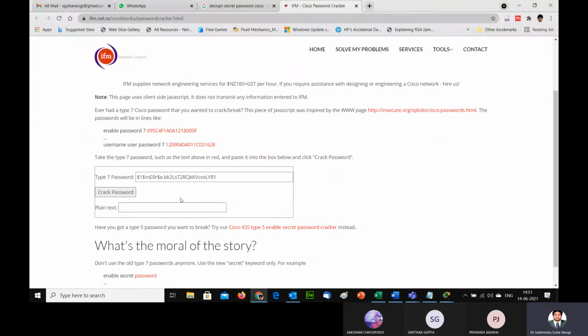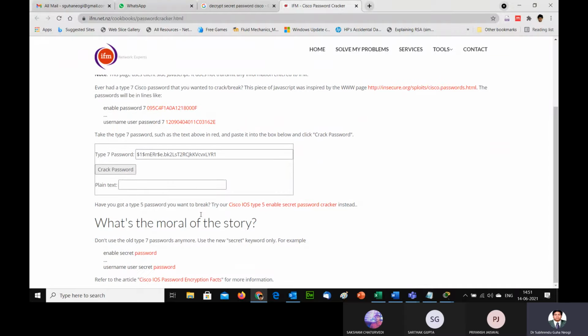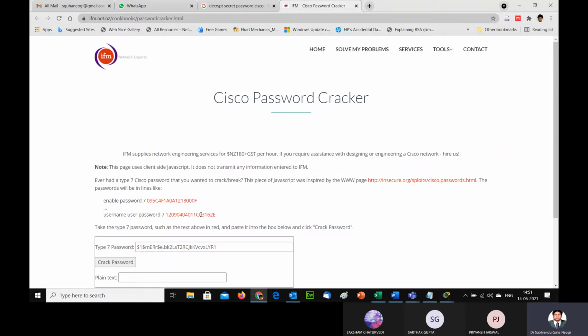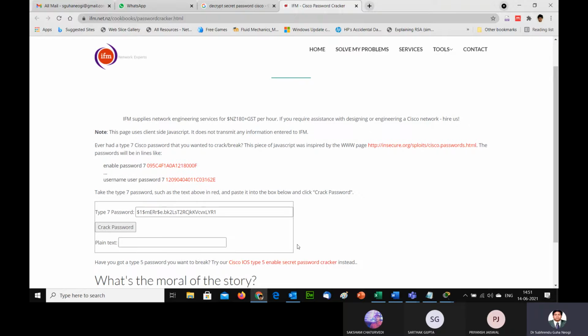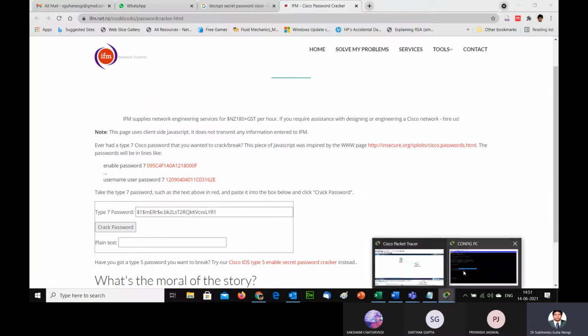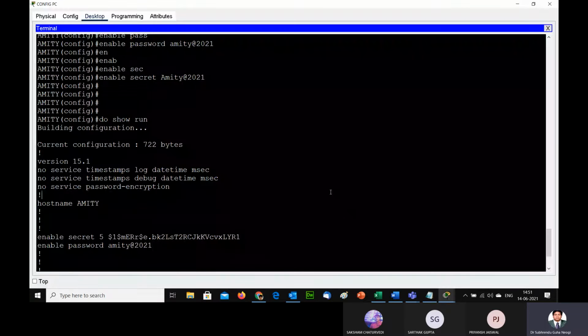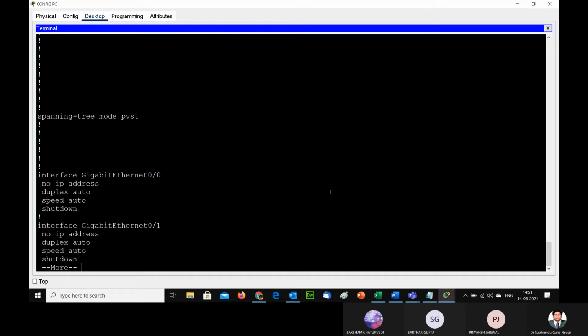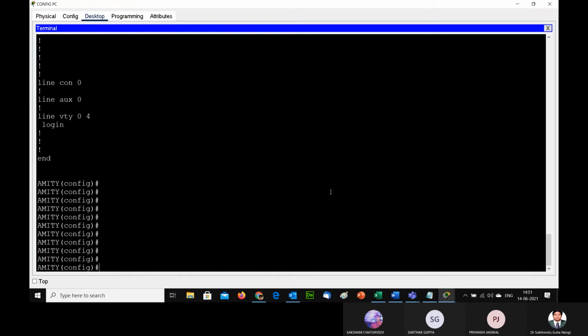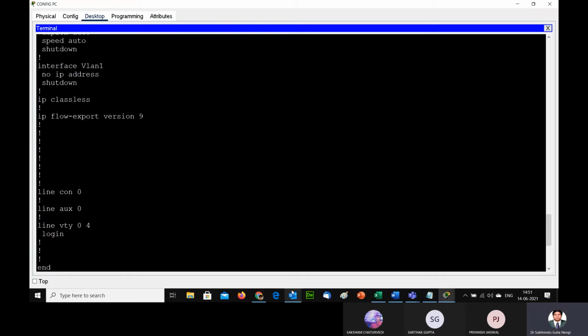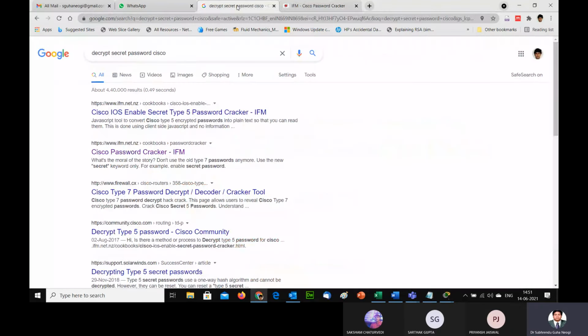It is not easy. You just click on crack password. It is not working. There are 2-3 sites who can actually decrypt this type 5 password.